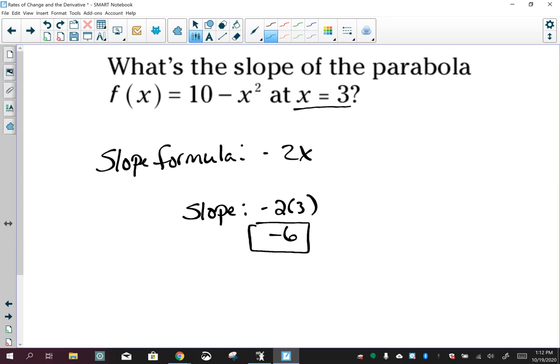Because if you think about this, because slope is rise over run, negative 6 is actually the same thing as negative 6 over a positive 1. So I'm changing at a rate of negative 6 to 1. So I'm dropping down and running 1. I'm dropping 6 and running 1 at that point. Okay. So now,